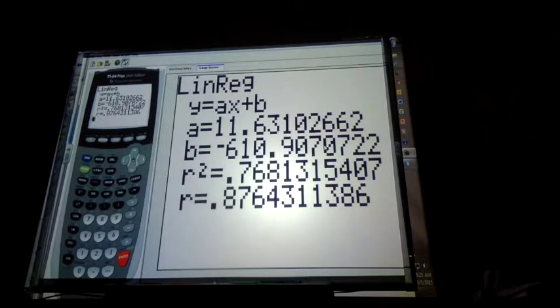What is our variance? You're almost right. No, you're right saying the 0.76, but what do I have to do to it to get the variance? Make it a percent. So the variance is 76.8%. So make sure you make your R squared value a percent when it asks for the variance.